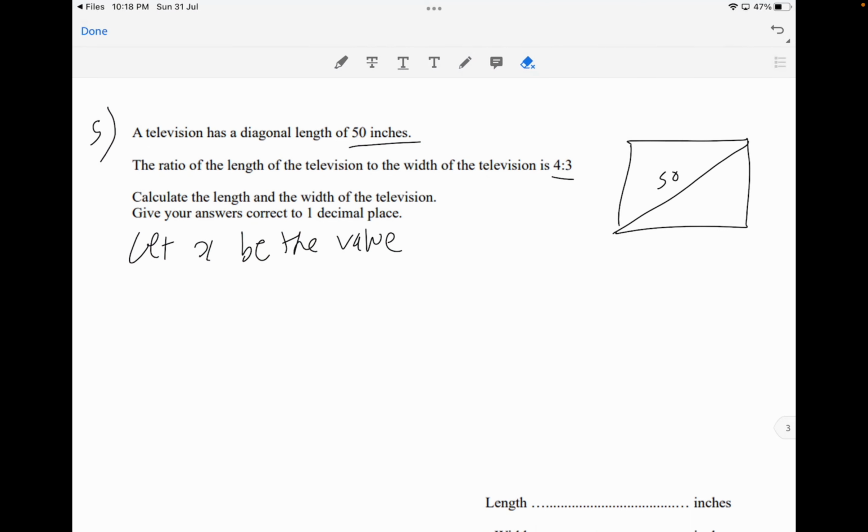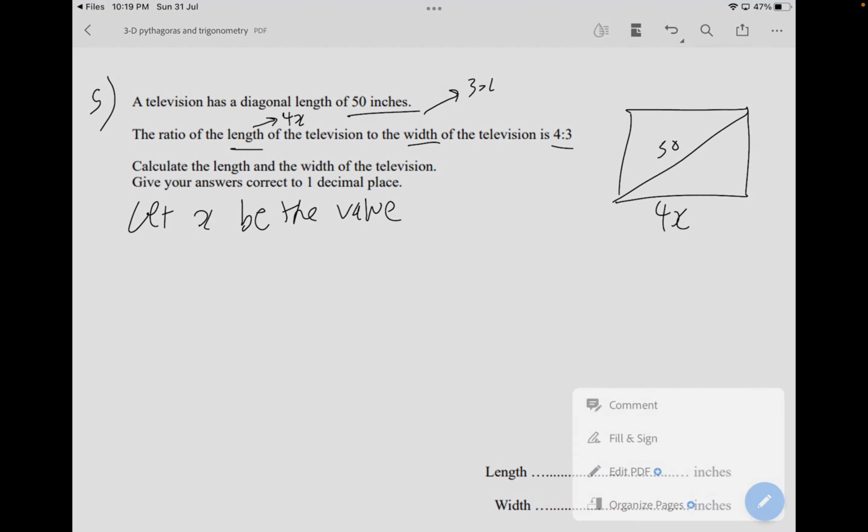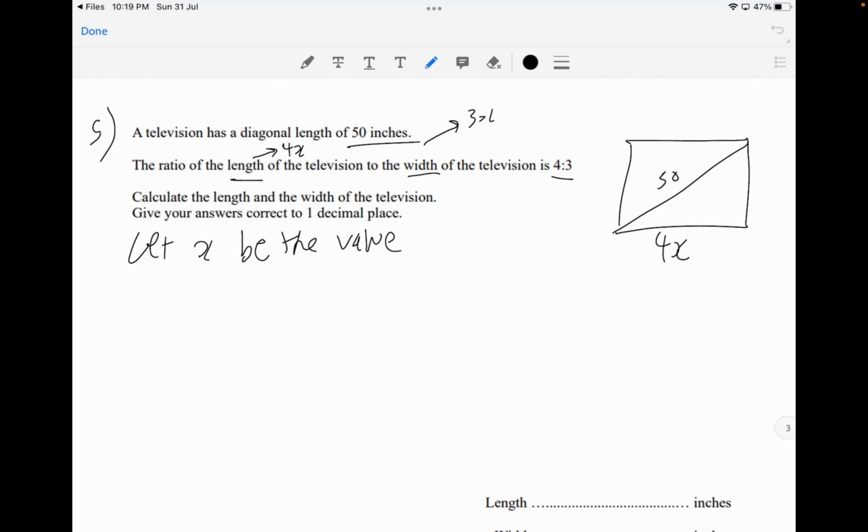We're just assuming that x is a certain value that we have to multiply in order to find out the length. So you have the length is about 4x, and we know the width is going to be about 3x. Now what you're going to do is you have to calculate the length and the width